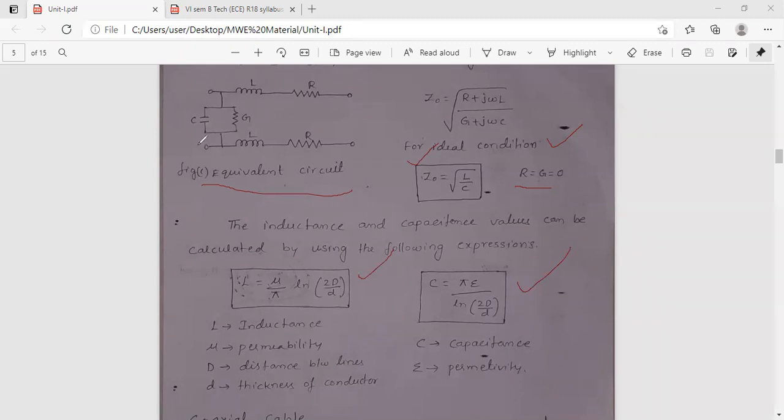So you can take a screenshot of this and write it in your notes so that you can have a glance after finishing the class. Here mu is the permeability and epsilon is the permittivity. I'll go into detail regarding what permeability and permittivity mean and where they are used. Next I am moving to another transmission line. The first basic one we have finished, now we are moving to the second transmission line.